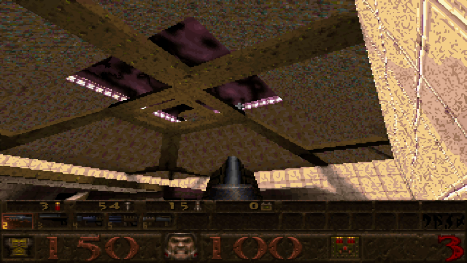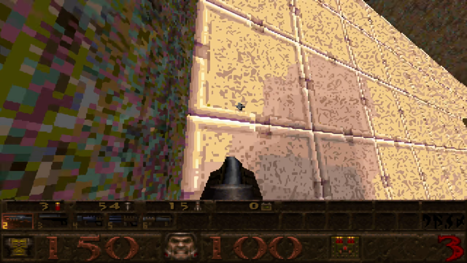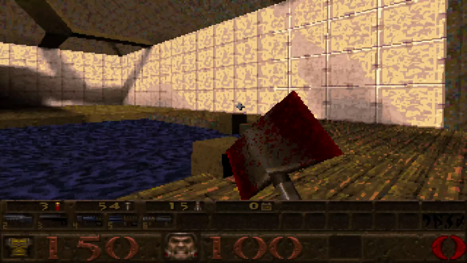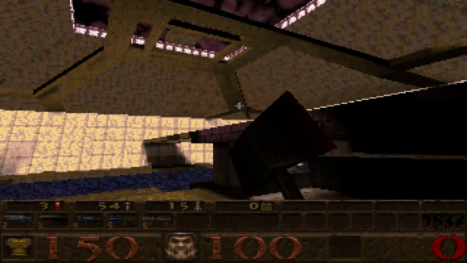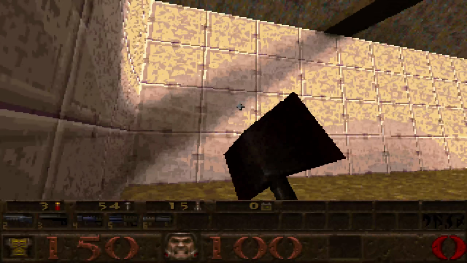Lower by hitting small section of wall. Yeah, see? There's some wall in this level that I need to hit. And by hitting it, it will lower this. But I need to figure out the exact section of wall that I used to hit. Because I remember it being very cryptic.